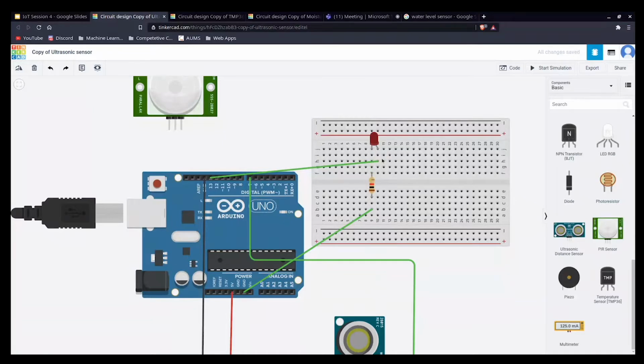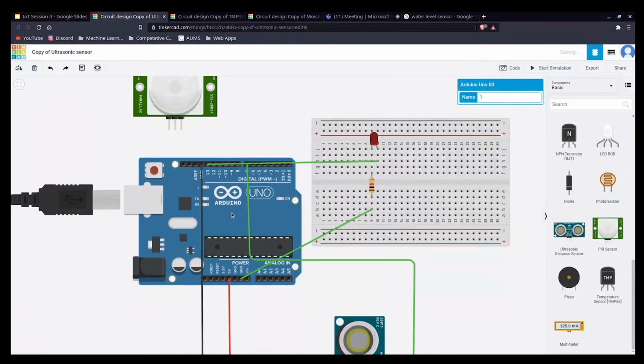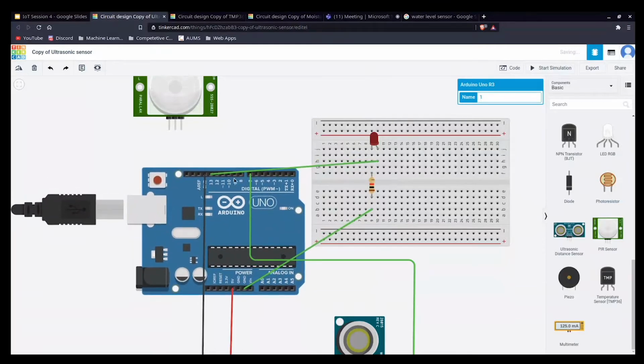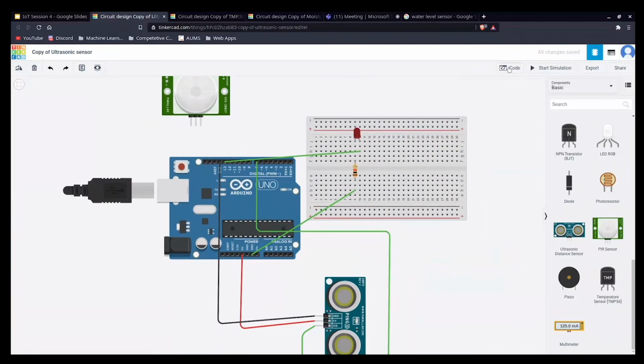That's because the LED blinks from the 13-point output. This is the default output, so it will be blinking. We have a condition for that, and accordingly it will blink. If we give only high at a particular point, then only the current will go through these pins. Okay, so now let's go into the code.